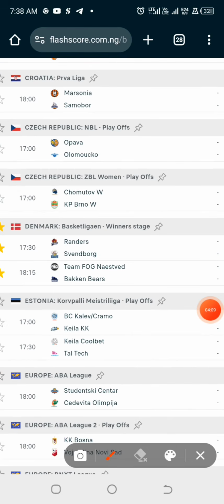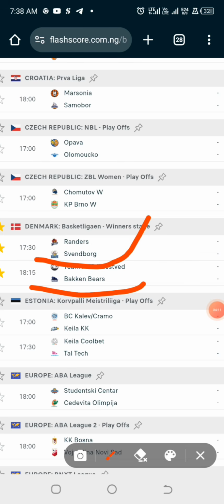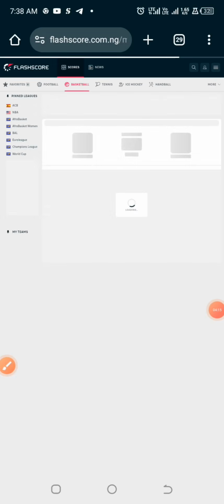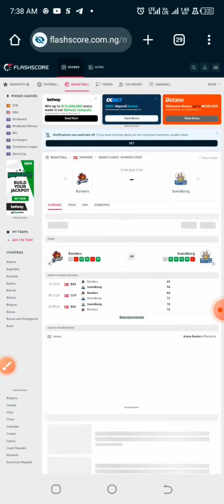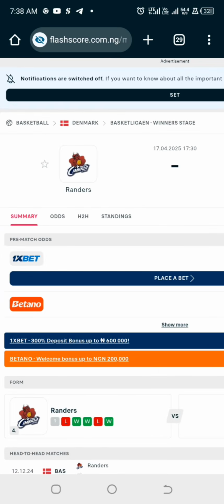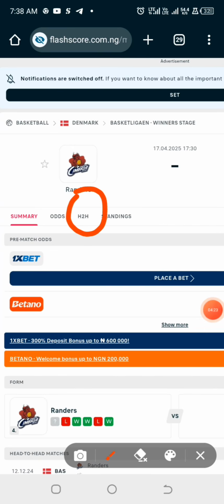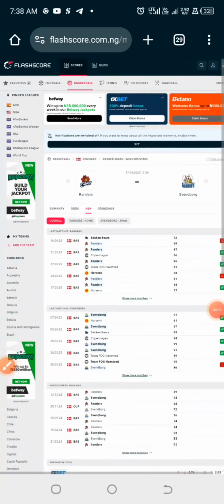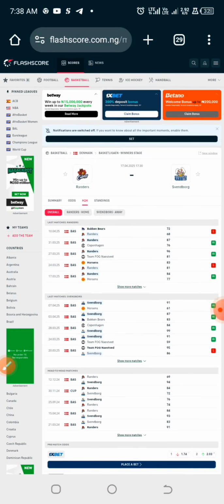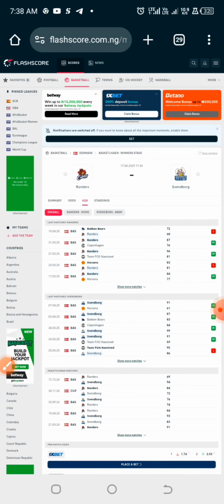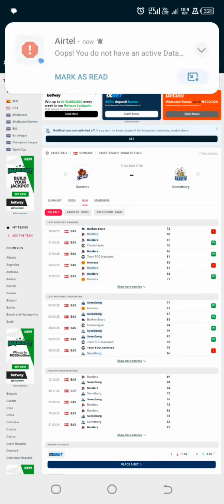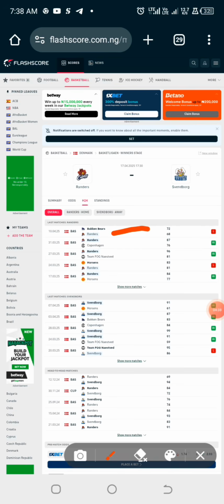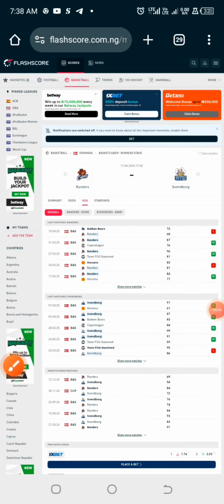We have the match here, so let's first look into this. With this we can easily copy their last previous games. So we copy the home team, the away team, and their head to head.